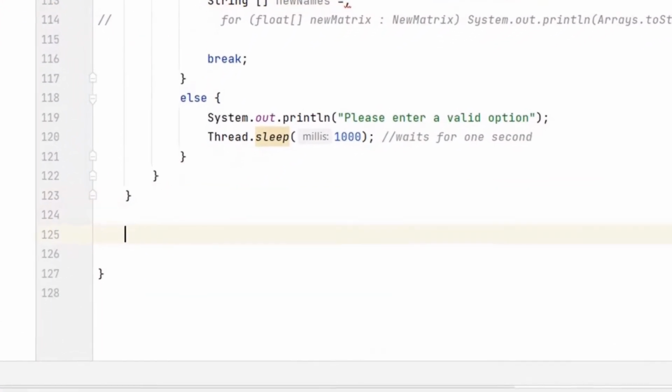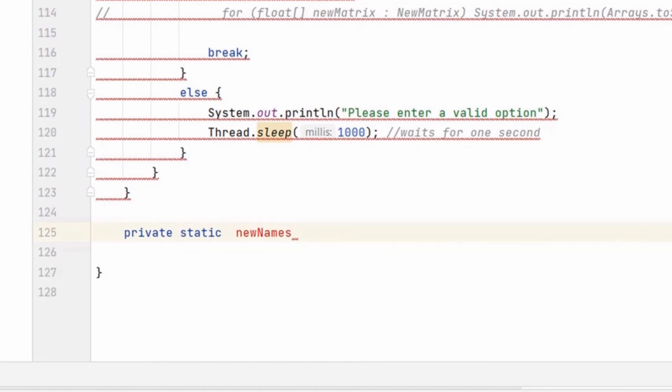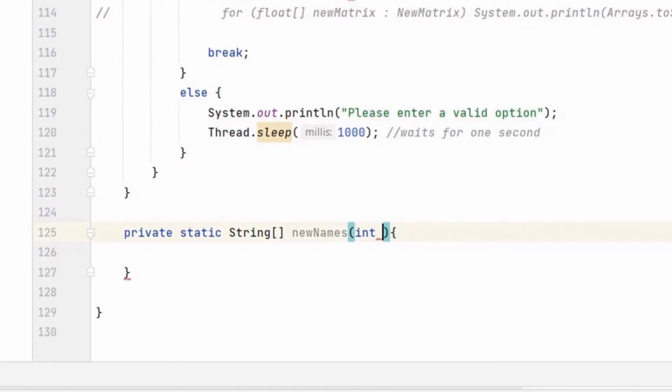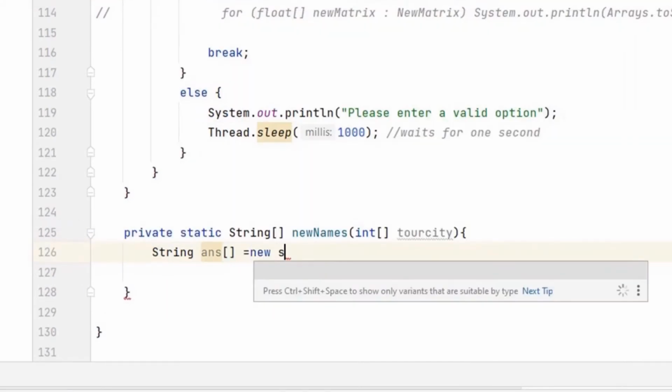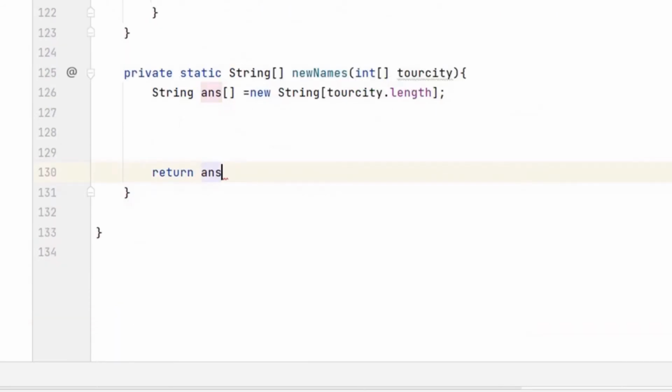Now we will make a method called new matrix. In this method, we will make a new string array and will put the selected cities in sorted order. We will now check by printing the new array also.